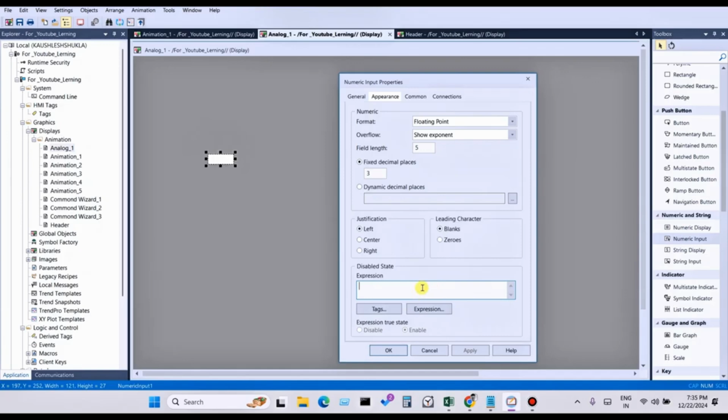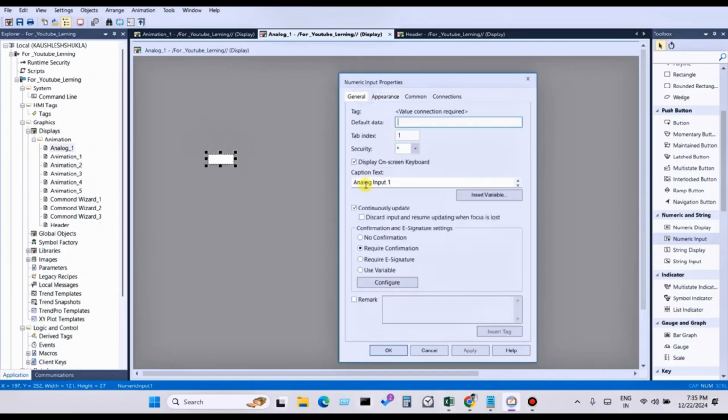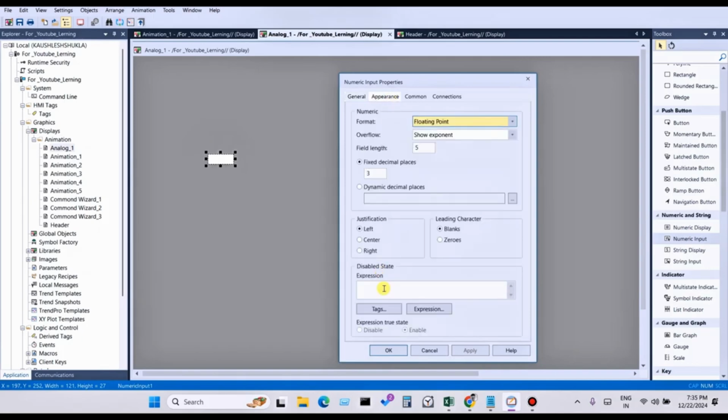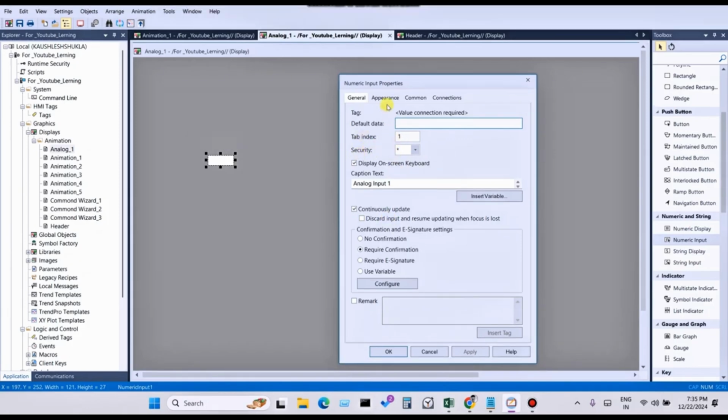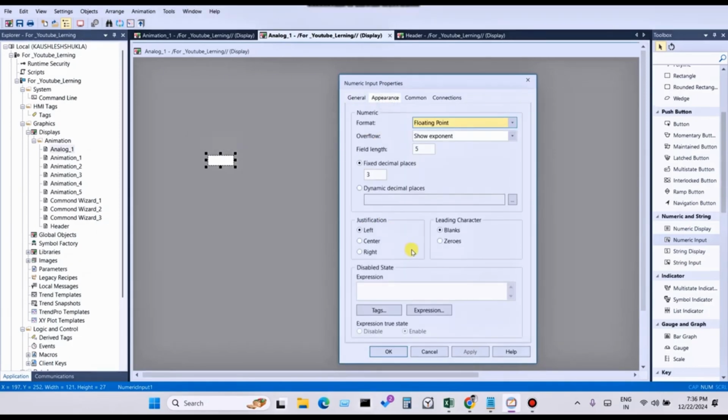Also, you can disable it in two ways. One, you can disable it with a security code. When an engineer logs in to FactoryTalk View Studio, for example, the analog input will be disabled. As an example, if you are not using this security code and you have to disable it,